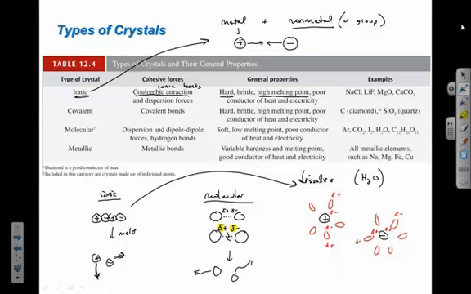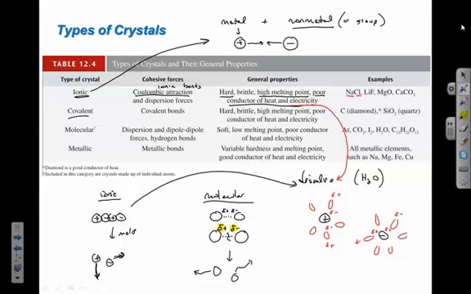very strongly attracted. They're poor conductors of heat and electricity because they're held together so tightly they can't flow around. They don't vibrate too much because the attractions hold them together tightly. So they don't conduct heat or electricity well unless you dissolve them, or melt them, because then the ions are free to move around. And we recognize them usually because it's a metal and a non-metal. To recap,